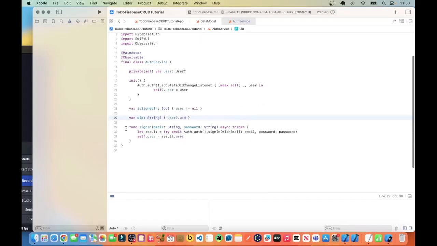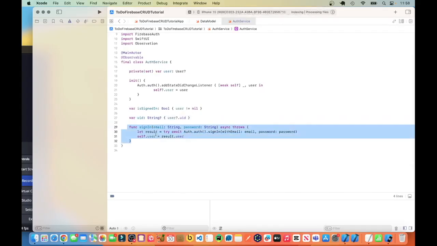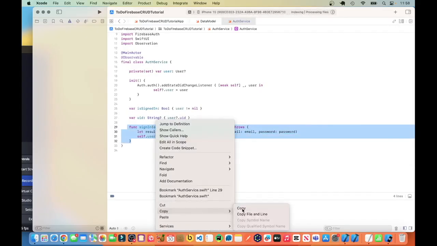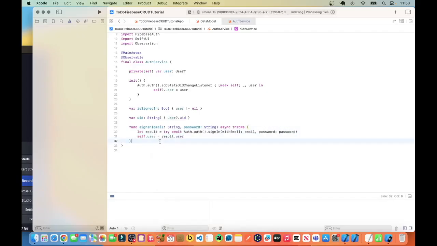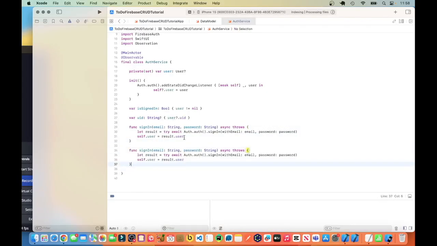So the next function we need to create is our sign up function. A little bit similar to the sign in. Sign up that takes an email, a string, and password as strings, with a similar signature, async throws, let result equals try await,